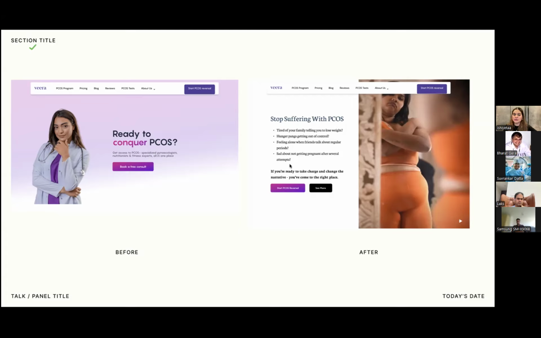And then we put a few use cases here for very common things we got in our 50 user interviews, which is, are you tired of your family telling you to lose weight? Do you have hunger pangs that are getting out of control? Are you feeling alone when friends talk about regular periods? Are you sad about not getting pregnant after several attempts? And then we say that if you're ready to take charge and change the narrative, you've come to the right place. So it's the same brand giving the same thing, but there is a stark difference between this and this,